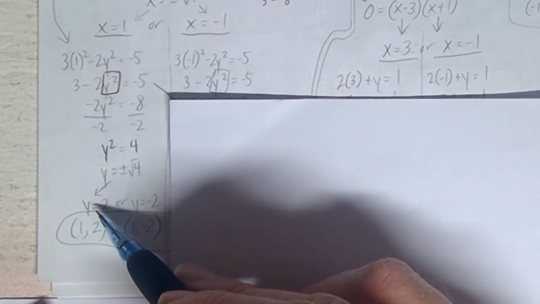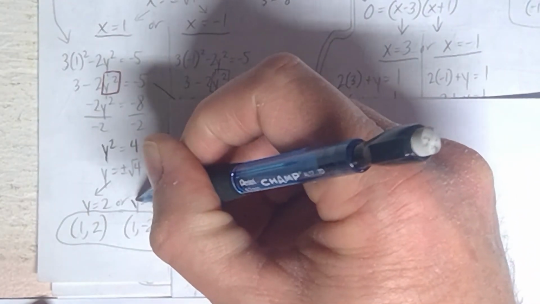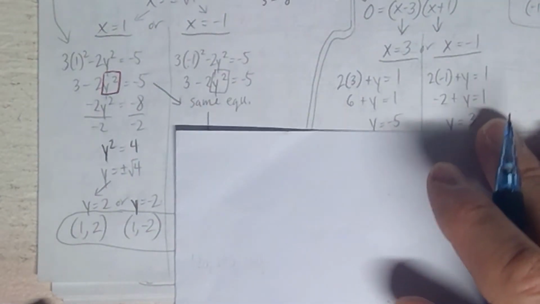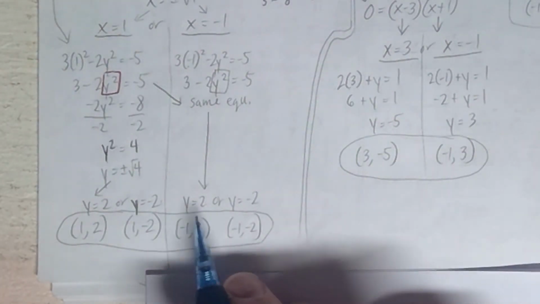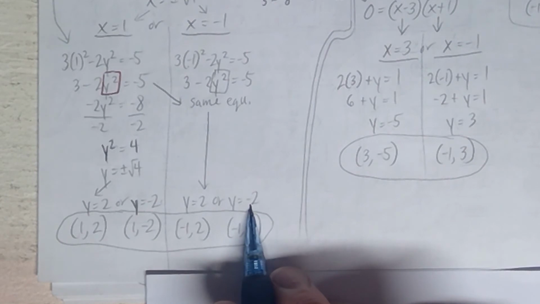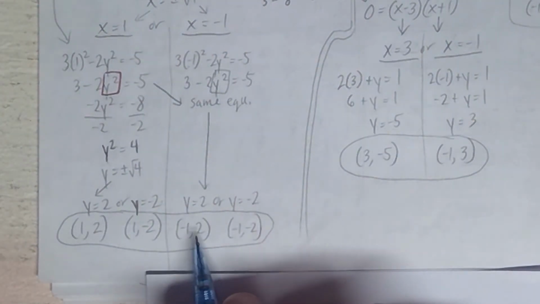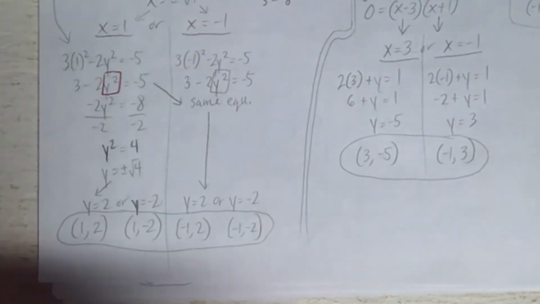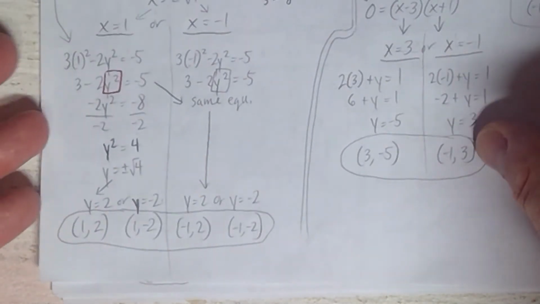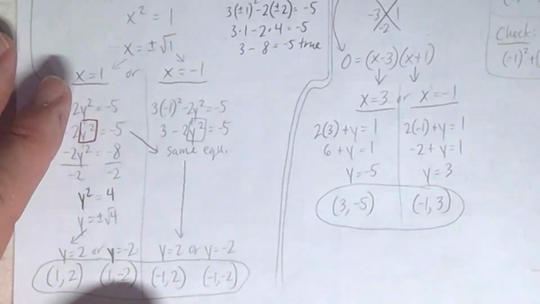And so I know it's going to give me the same answer down here when I get y by itself, 2 and -2. And therefore, it results in 2 and -2 down at the bottom again. And so I pair up x equal to -1 with those 2 possible answers, and I get a total of 4 answers. Oh man, do I got to check all 4 of those answers? Yeah, you do, but it's not as hard as it sounds, because